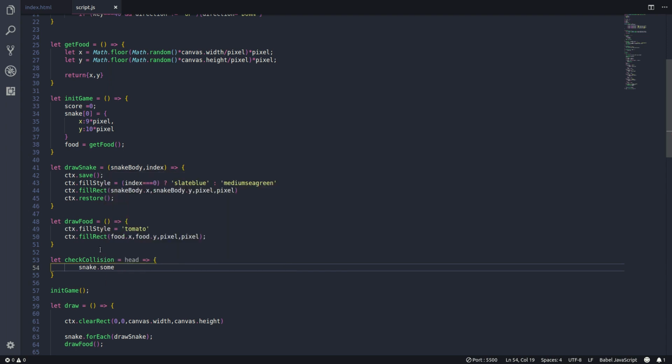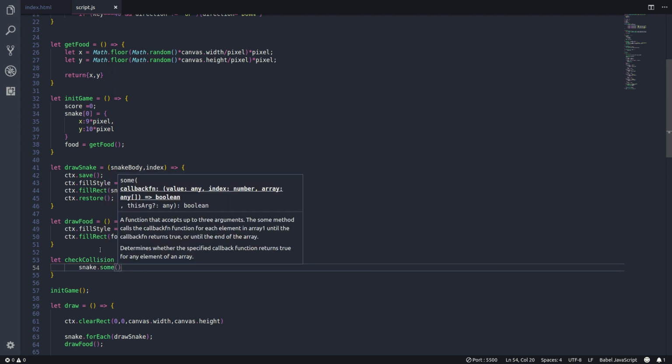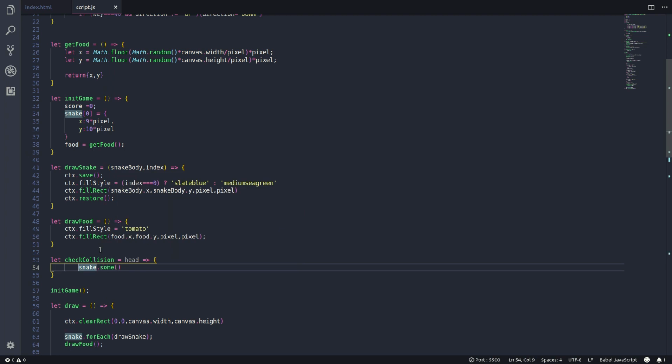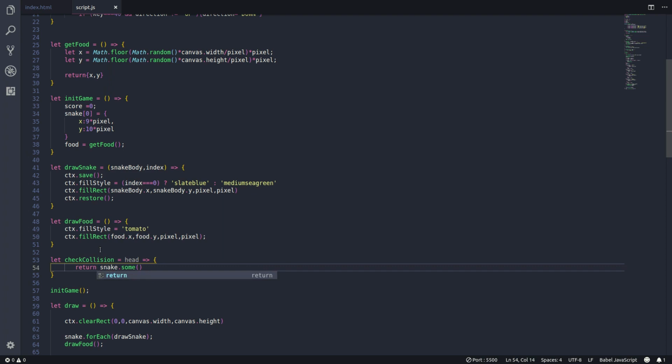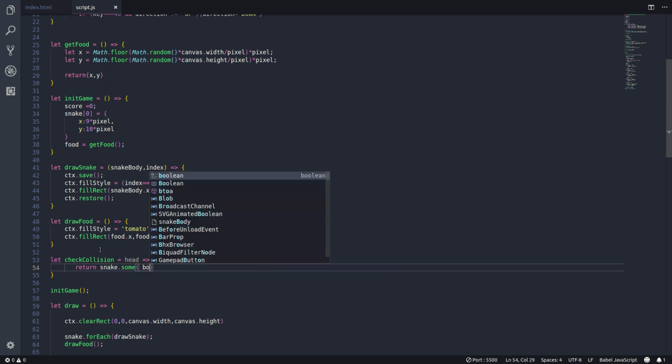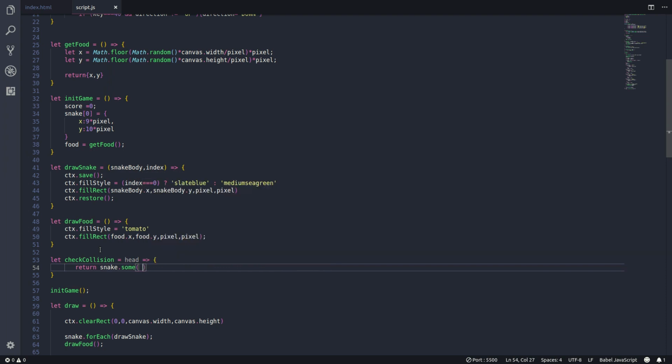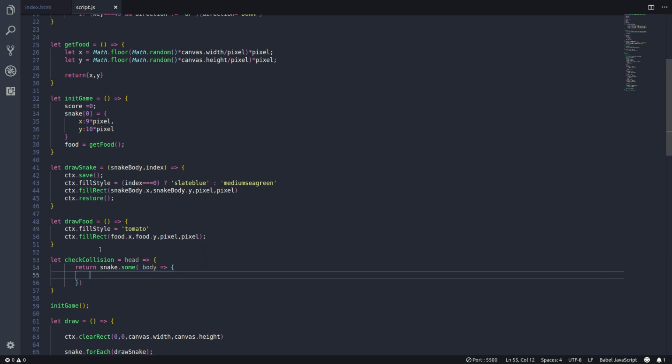So we need some. Let me just implement this function, and I will tell you about the array.some function in a second. The parameter will be our body. The element will be named body of a snake with each iteration, and return